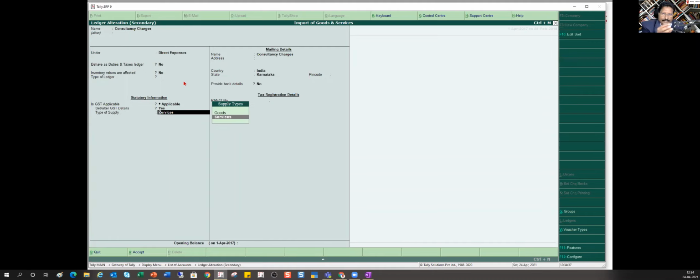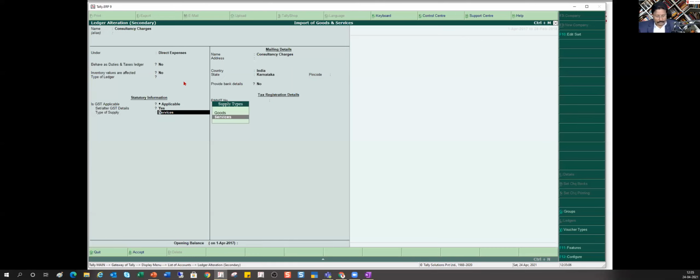So what Tally says, it says annual return computation, which is literally your 9 form only. There, if you see, it will give you a breakup of your input credit on goods, input credit on service, input credit on capital goods, three separate line items with the value and the tax amount. So for you to get this breakup, it is very important, whenever you are creating this master, you have to identify this master as whether it is goods or services.